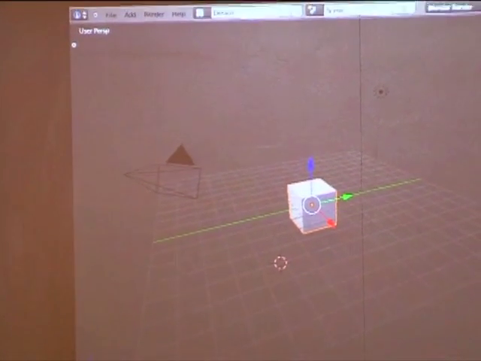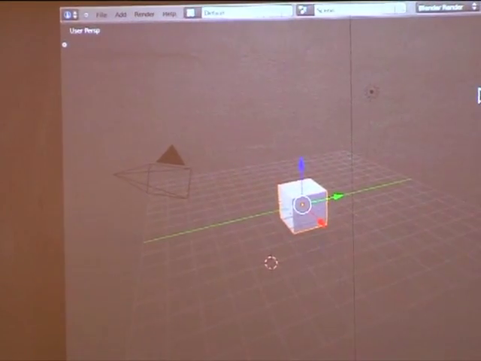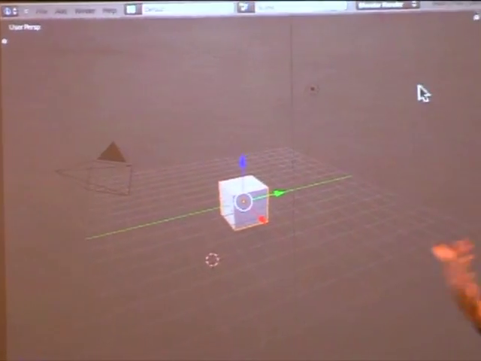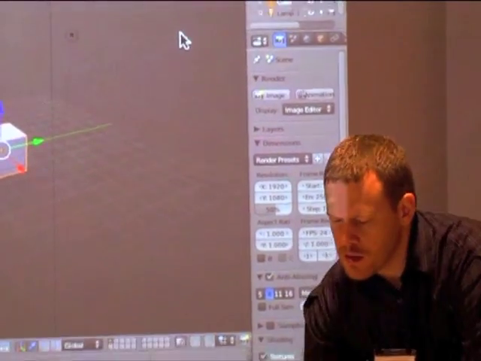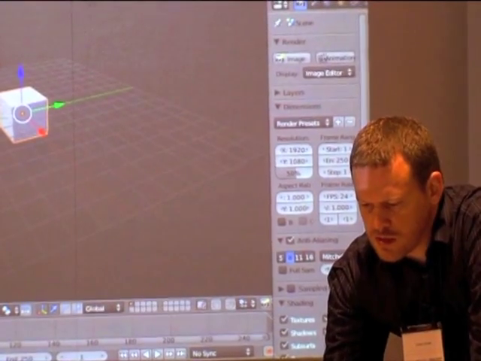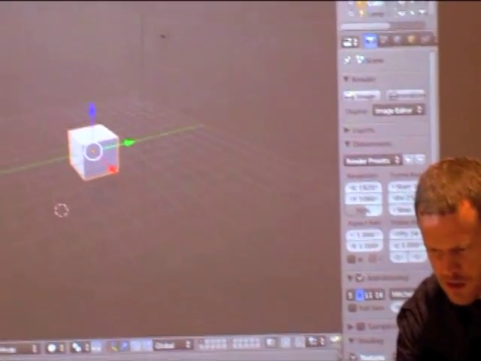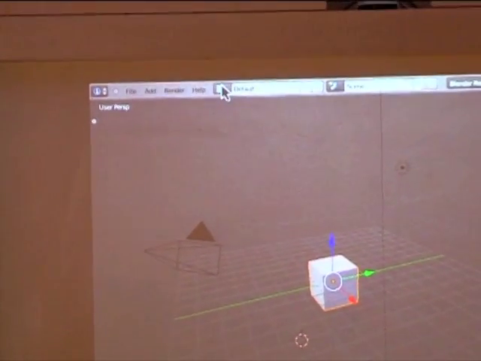So one of the things that you want to be able to do, of course, is reconfigure your Windows options so that you can adjust your panels accordingly to see whatever it is that you want to see. There are some default screen settings that you can select from that are already built in. So if you come up here to where it says default at the top header of the 3D window,